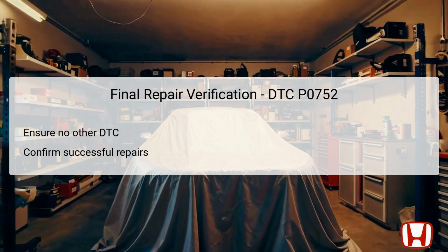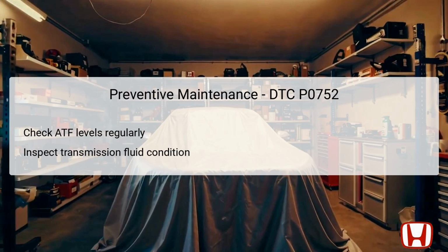A comprehensive verification process after the repairs fosters confidence in the vehicle's reliability moving forward. Implementing a preventive maintenance routine is essential to avoid reoccurrence of issues related to DTC P0752 and to ensure optimal transmission performance. Regularly checking the automatic transmission fluid (ATF) levels can help detect potential problems before they escalate to serious